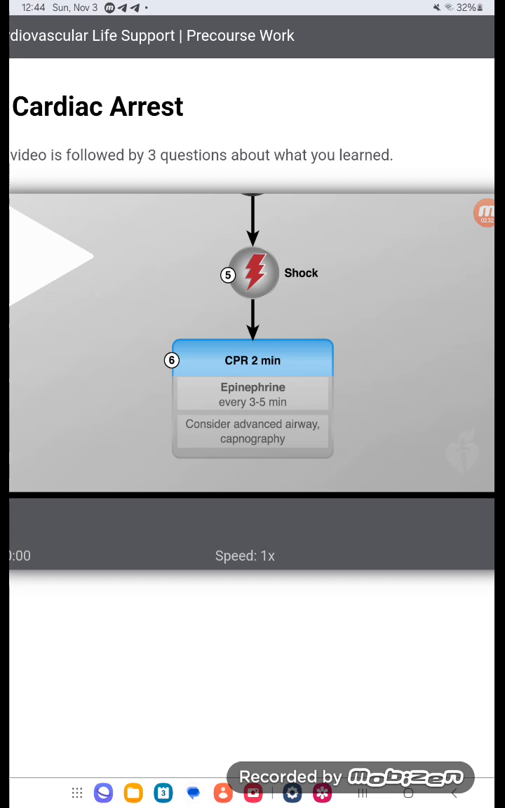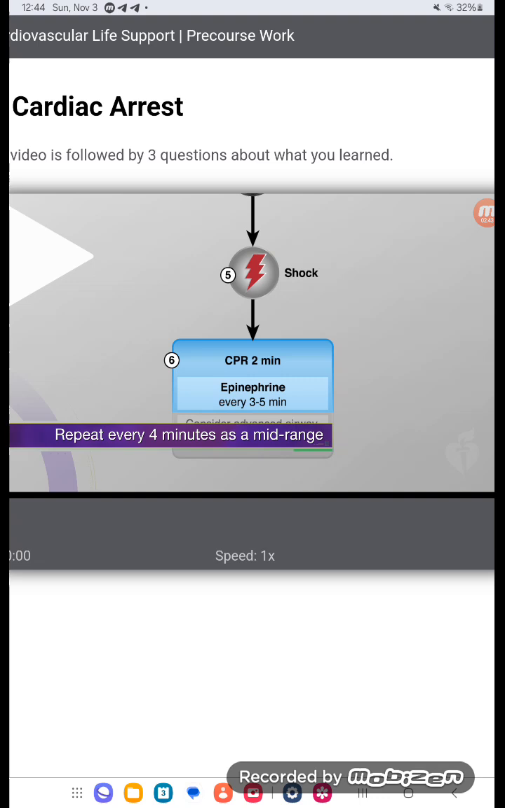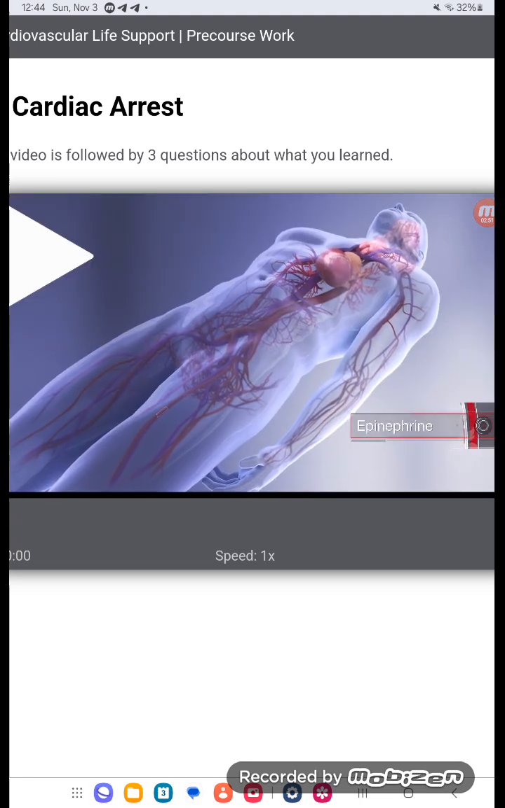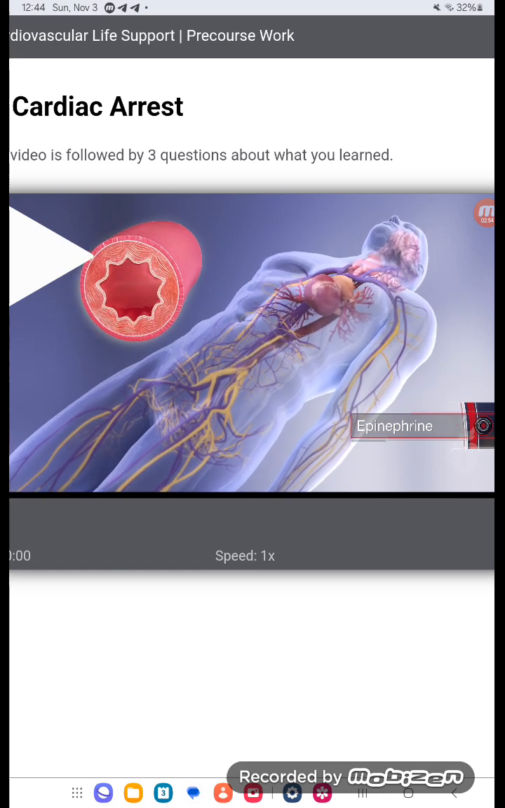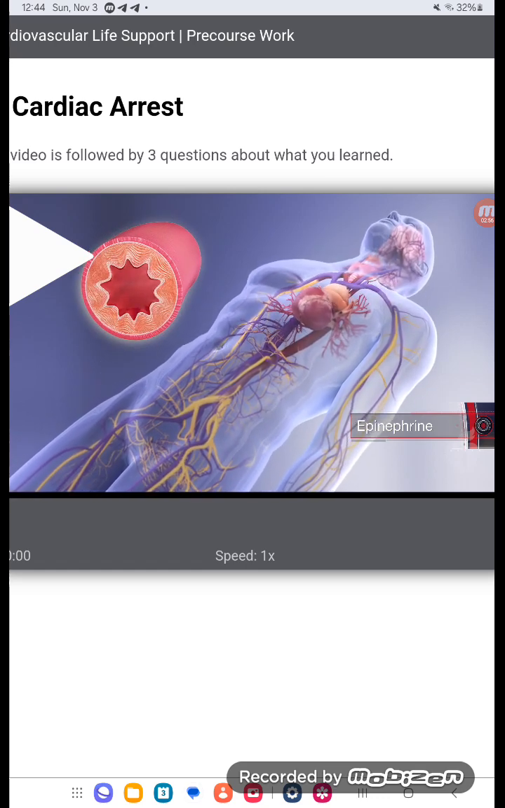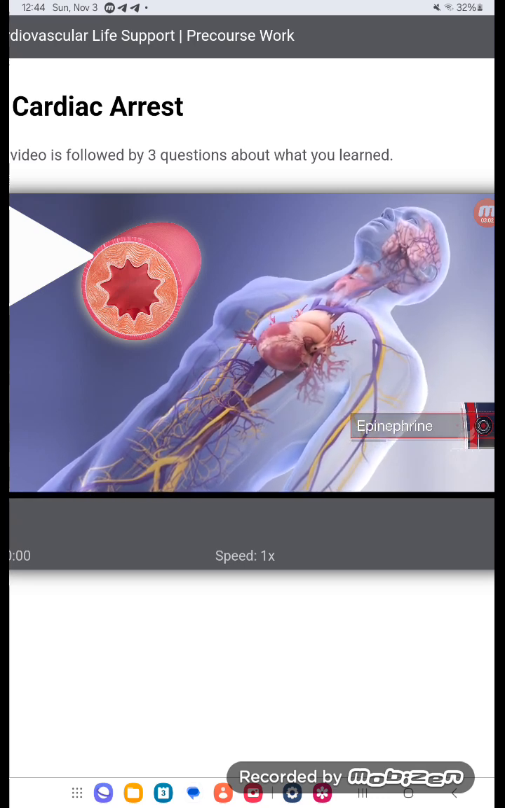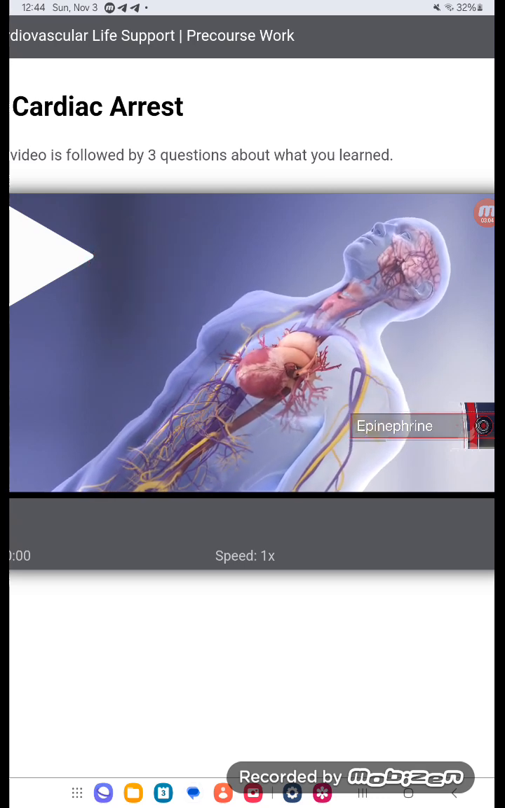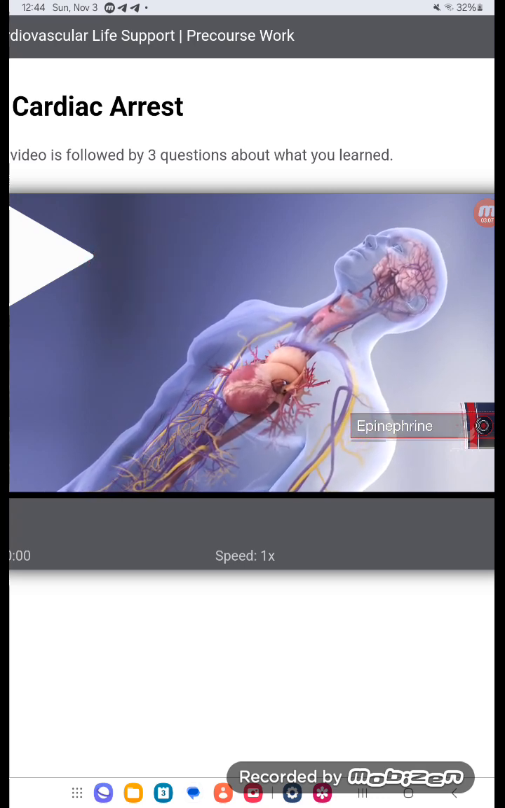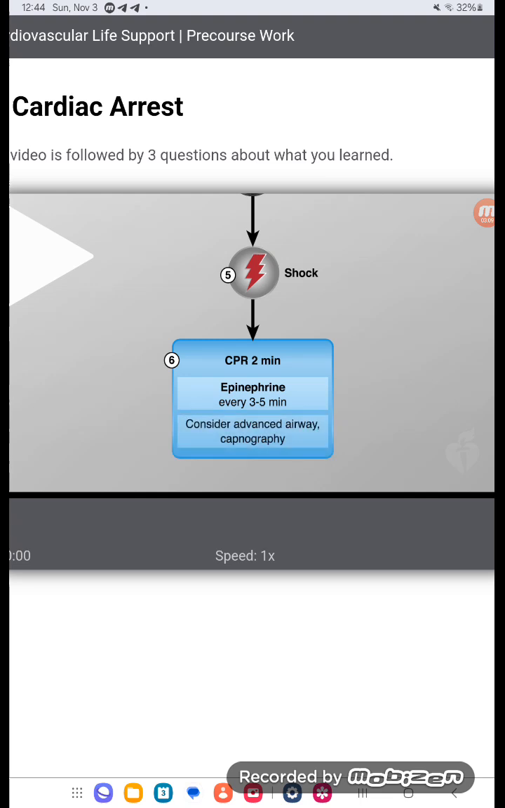When IV or IO access is available, give 1 milligram of epinephrine during CPR after the second shock has been delivered. Repeat epinephrine administration every 3 to 5 minutes, or every 4 minutes as a mid-range, which corresponds to every other rhythm check. During resuscitation, epinephrine acts as a vasoconstrictor, which increases cerebral and coronary blood flow. Epinephrine does this by increasing mean arterial pressure and aortic diastolic pressure, which improves perfusion pressure to the brain and heart. After 2 minutes of CPR, conduct